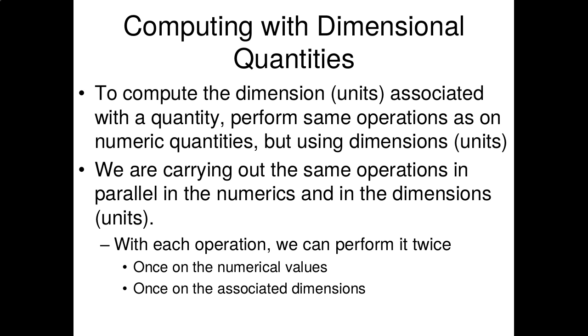The numbers themselves are often valuable, but if the numbers aren't coupled with meaningful metadata, there can be enormous problems, and you can do something silly that's meaningless and get something out that seems meaningful, but actually carries no real value. Okay? So when we're computing with dimensional quantities, when we're adding together a quantity, when we're dividing quantities, we can conceptually think of that occurring with the dimensions as well, right? Conceptually, we can add the numbers and then add the appropriate units or dimensions that are carried with it,